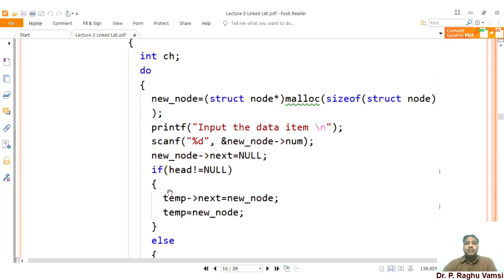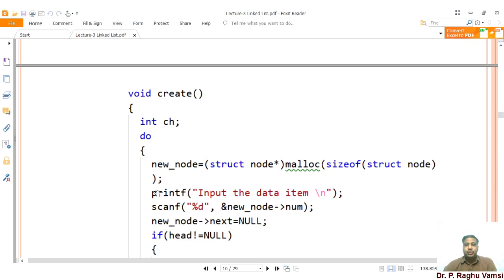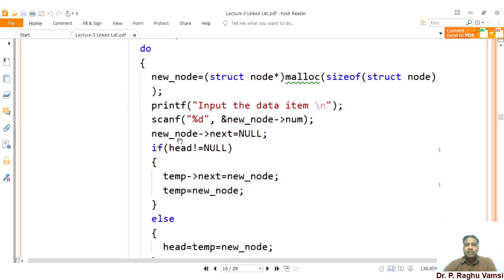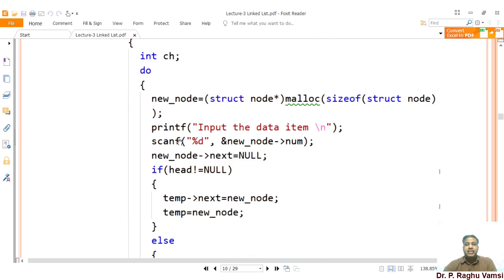Okay. Next one is creation. Creation of a node. Yesterday we saw how to create a node. The code I am showing you is very basic code. Any elementary programmer can write it. But I want to enrich your programming skills. So that is the reason yesterday I showed you the best way you can write a function which will return the memory of the node. So yesterday you have seen this.